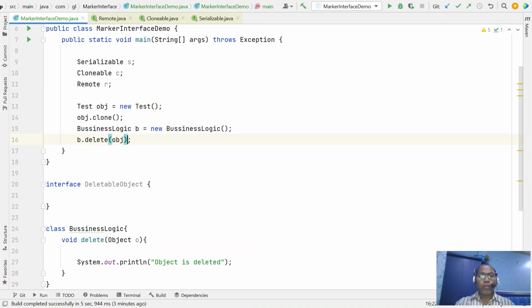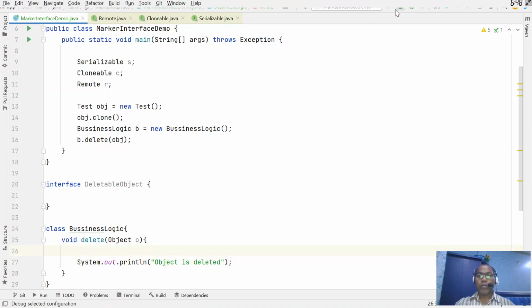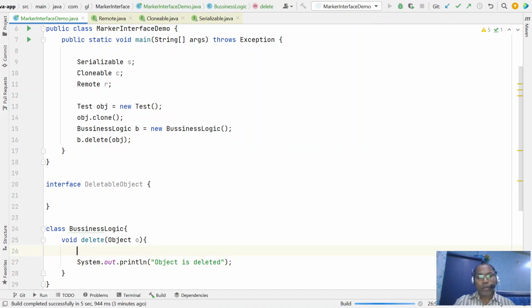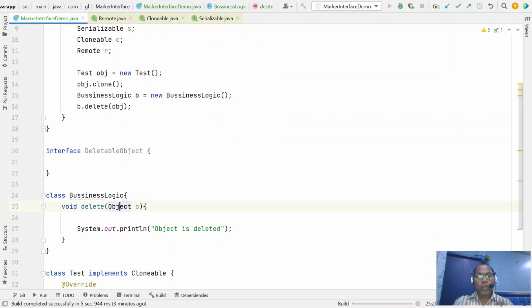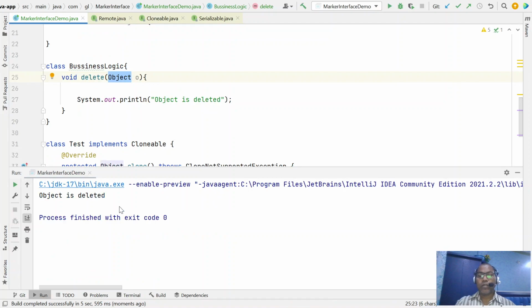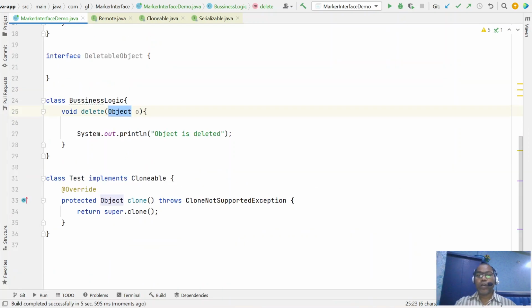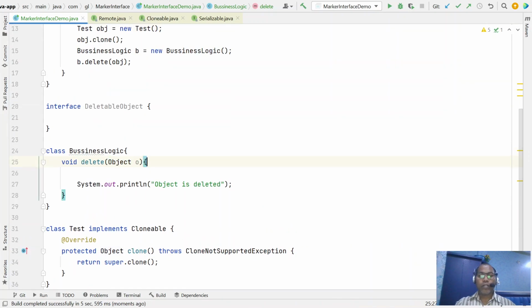So here you can pass any object and perform some deletion operation. But at runtime, I want a specific object to be deleted and a specific one not to be deleted. So here we can add some additional checks.